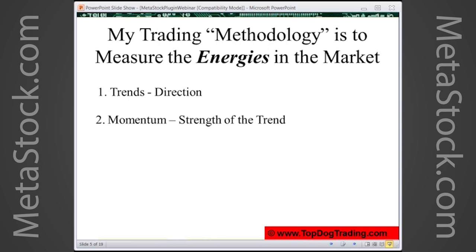And this is where we go back to our list, where people say, well, I trade a trend that doesn't follow through or turns against me or I get stopped out. Why? Quite often because they're trading a weak uptrend. They'll buy a weak uptrend. As soon as they get in, the trend changes because they don't know if it's strong or weak. So then we look at energy number 2, momentum, and we only want to buy strong trends.